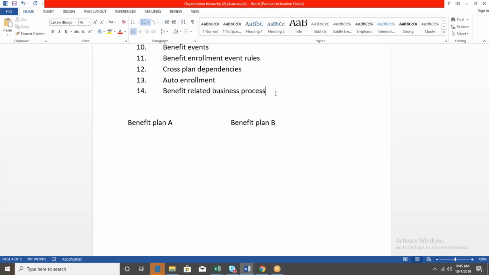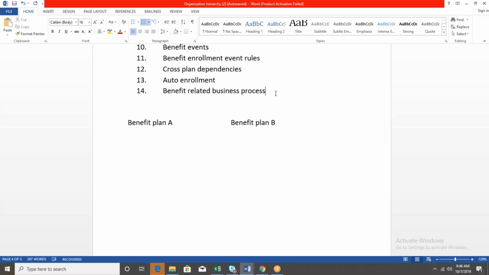Let's assume a benefit partner is managing 10,000 employees. Among 10,000 employees, 1,000 employees behave the same. How difficult is it to handle such situations? Correct? The benefit partner can't manage all the employees' benefits in that case. To avoid that, Workday has given auto enrollment. If you think that a plan is mandatory, enable the auto enrollment checkbox. So what happens when you enable the auto enrollment? It forces the employee to choose the plan. Without any employee user intervention, the plan is assigned to an employee. That is nothing but auto enrollment.